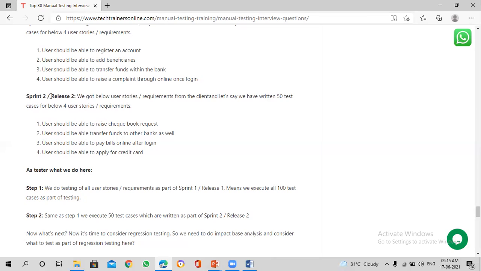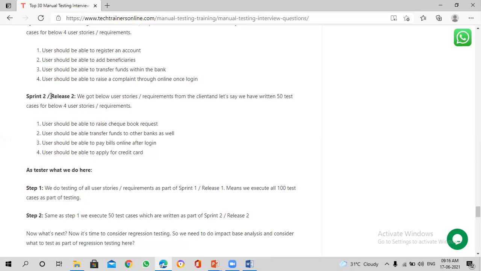We have a terminology called end-to-end flow. What do you mean by end-to-end flow? If you take a banking application, it starts with registering an account, logging in with the created user ID, adding a beneficiary, transferring funds within the bank or outside the bank, then deleting or modifying the beneficiary, raising a checkbook request, raising a complaint, paying bills online, and applying for a credit card.